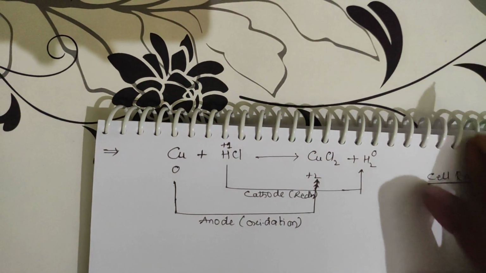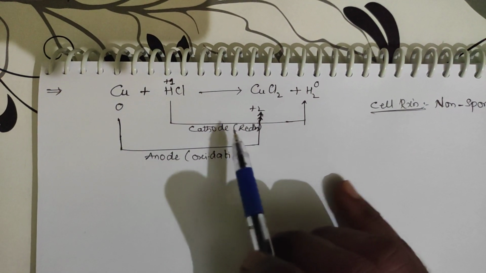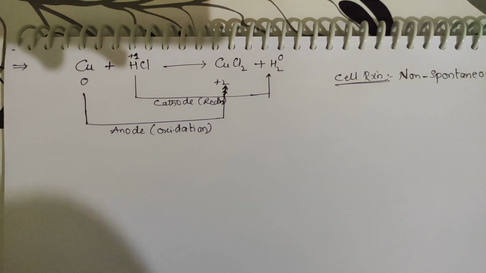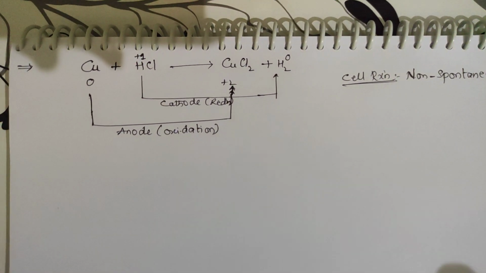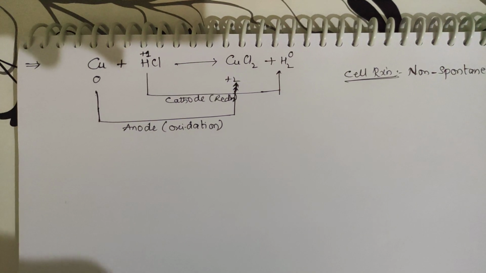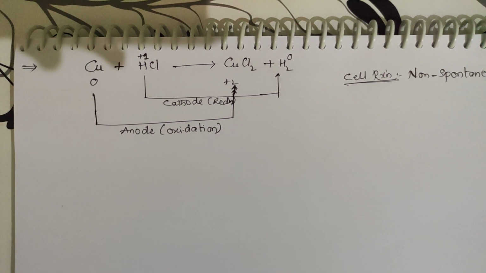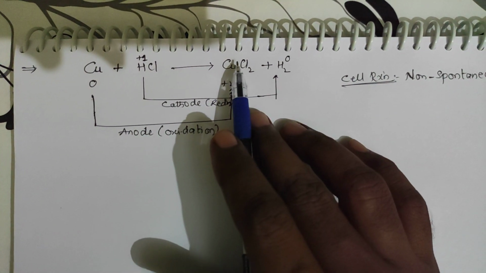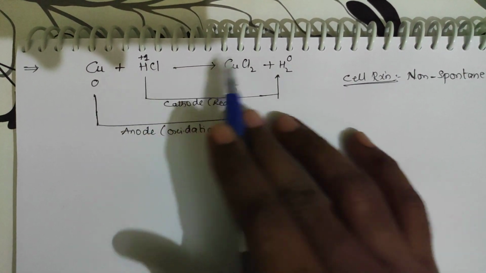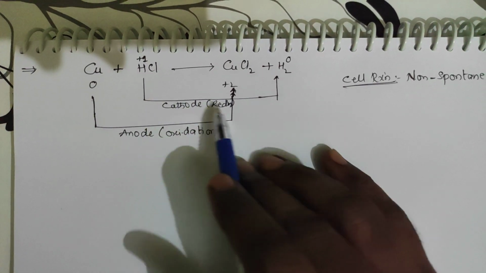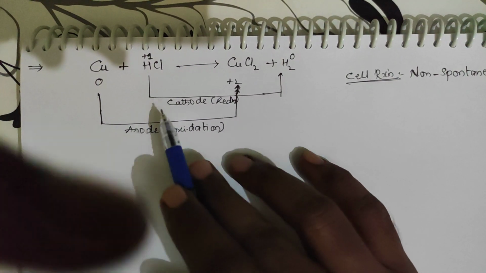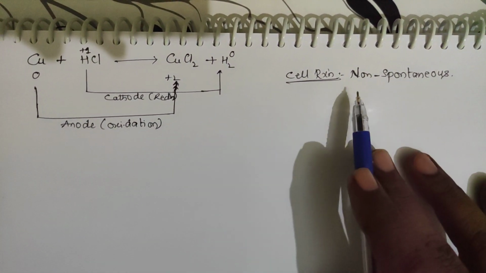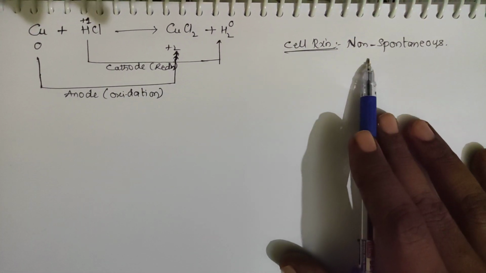Take one more example. Look over this, copper as well as HCl. Is this reaction possible or not? Check whether copper is located below the hydrogen or above the hydrogen. Copper is located below the hydrogen, right? So copper should undergo reduction. What happened here? Copper has undergone oxidation, while hydrogen has gone from plus 1 to 0. So this is behaving as cathode, this is behaving as anode. This type of cell reaction is not possible. This type of construction of cell is not possible. This is not spontaneous, so this type of reaction is non-spontaneous.